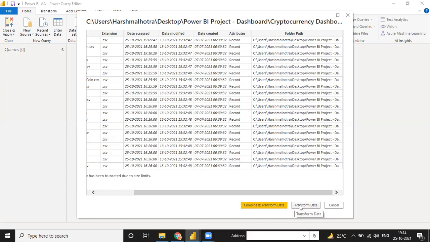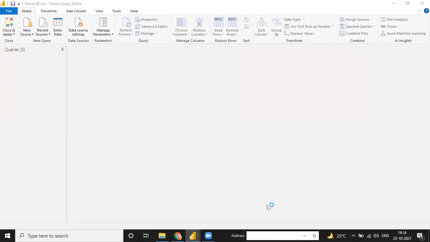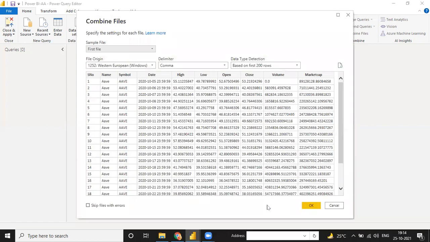If I click on this transform, it means all my files show up in Power BI, but all the files show as separate. But when you click on this combine and transform, it will show only one file, and in that one file you have all the files. It means combine. So click on this combine. Okay, and Power BI evaluates a query in the background to make all the files into just one file. And just click on this OK button.